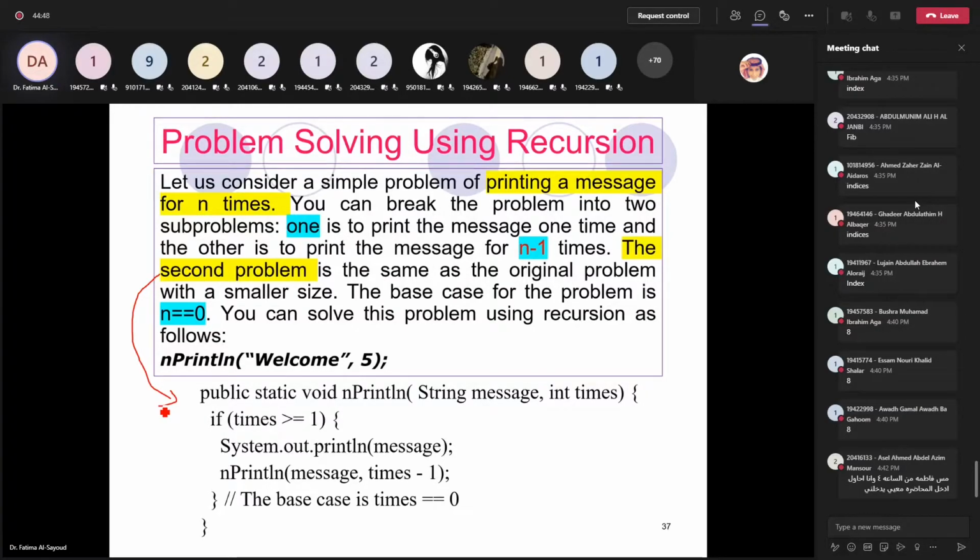Having the printing created in small sizes, where the base case is going to be n equal 0, which means it is going to print this. Otherwise, it's going to print this as long as it's bigger than 0, which means it's bigger than or equal to 1. Okay,